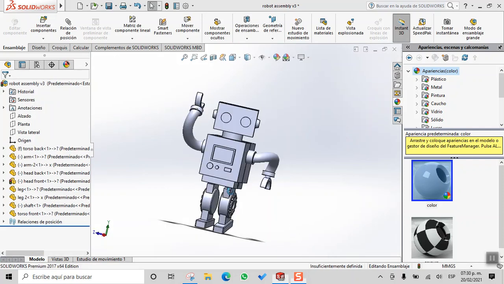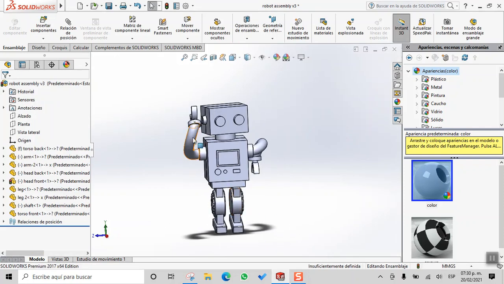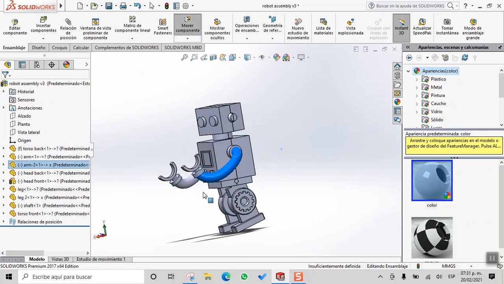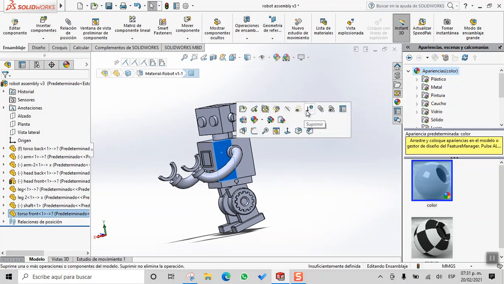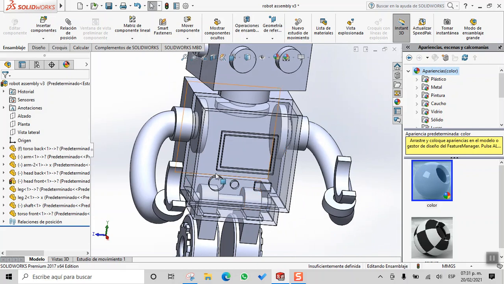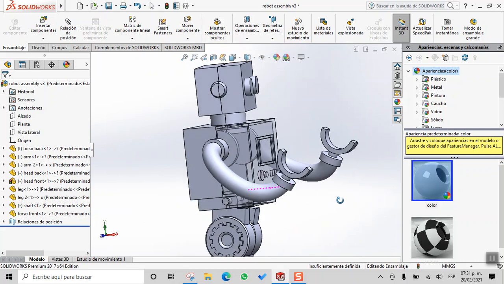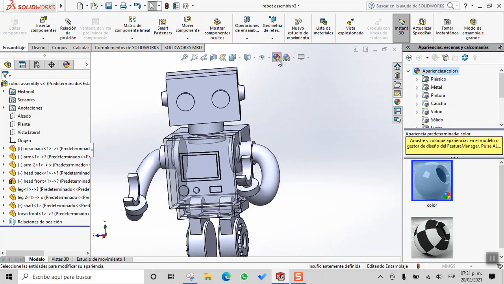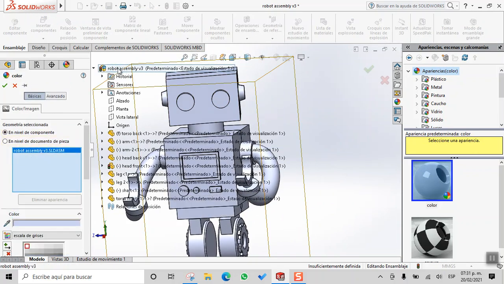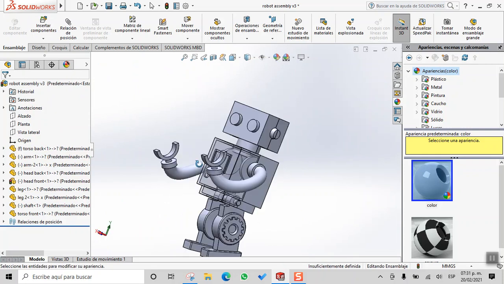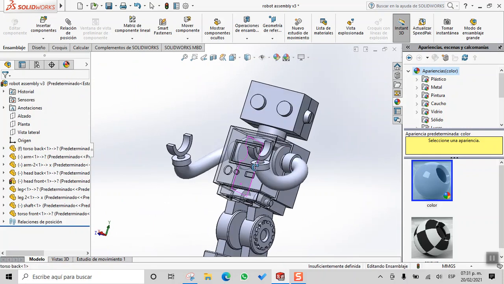Okay guys, so let's continue. Actually I had to pause the video to see how to turn off the appearances because I wanted to show you this command to show the transparency in order for us to see what's going on inside of our part. So I did that by clicking right here on edit appearances. I select the whole assembly and then I just click here on remove appearance. So that is the way to recover this transparency